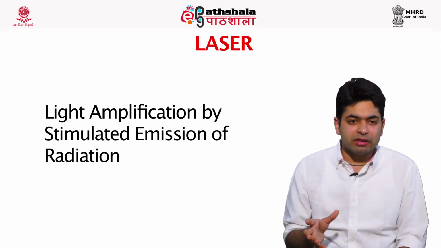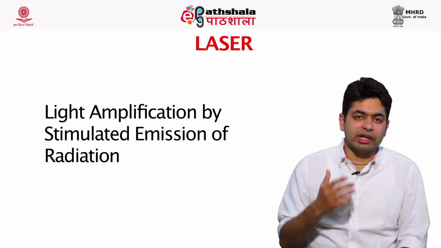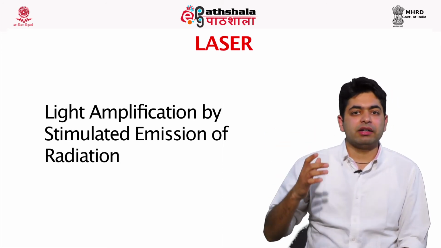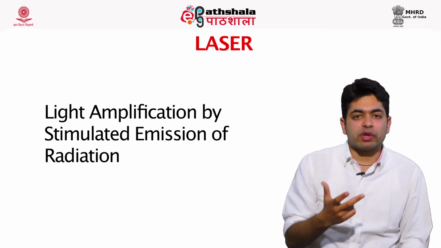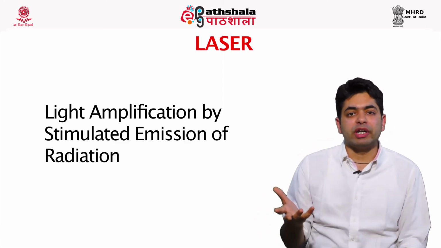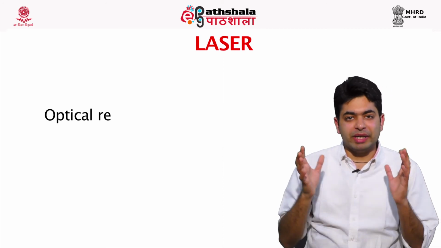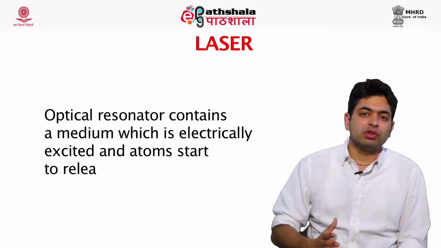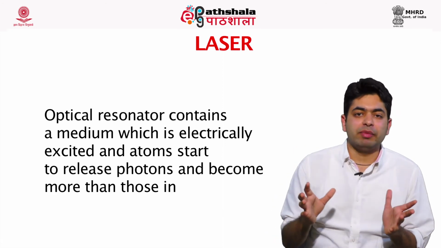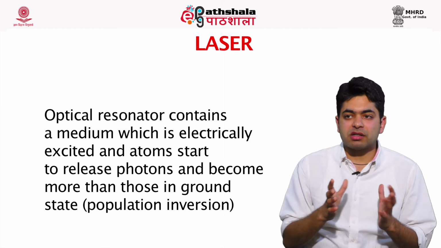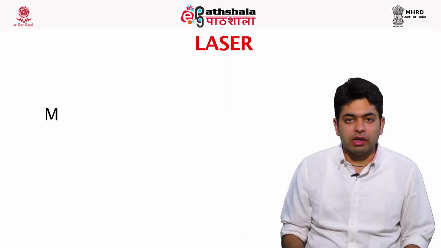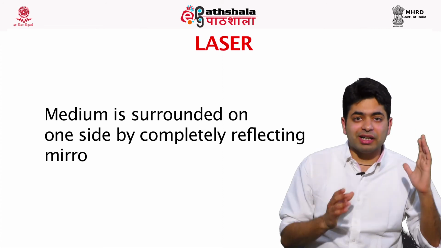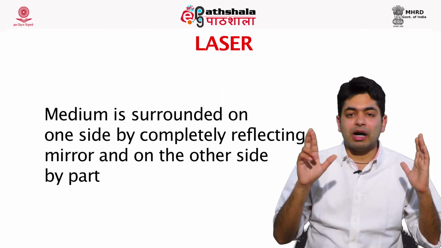Now what stimulated means: when a photon hits an electron with multiple intensity, it gets charged and sometimes it emits two photons together. So the electrons are stimulated. What happens is, there is a medium in between and it is electrically stimulated, so much so that the majority of the atoms in that medium are stimulated and they start releasing photons in all directions.